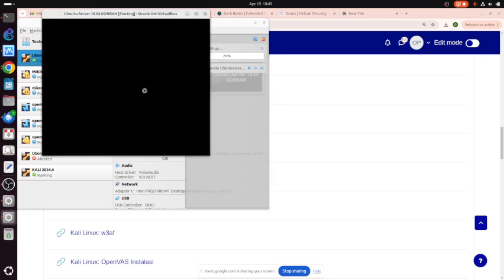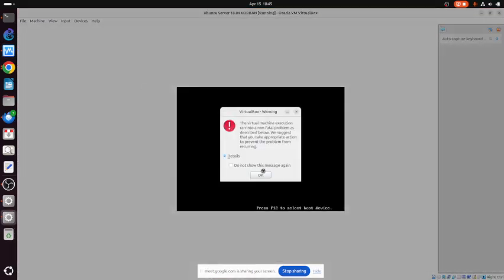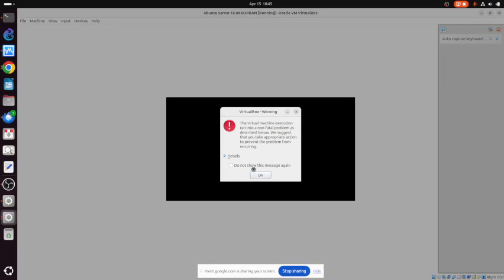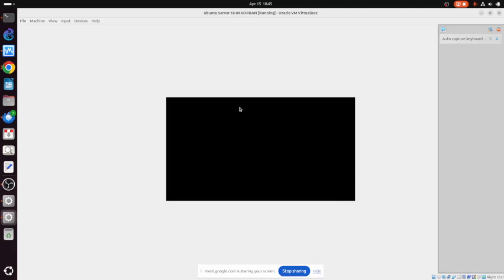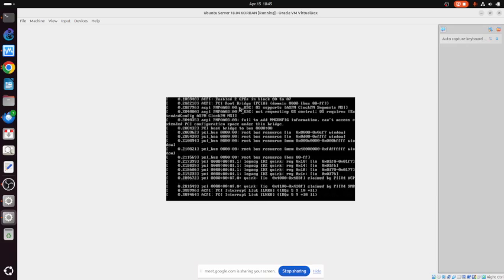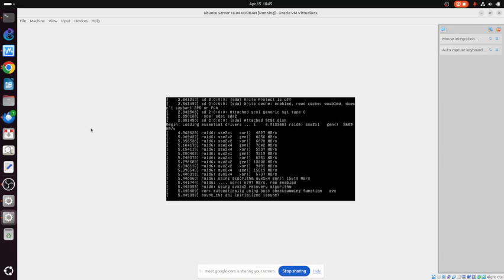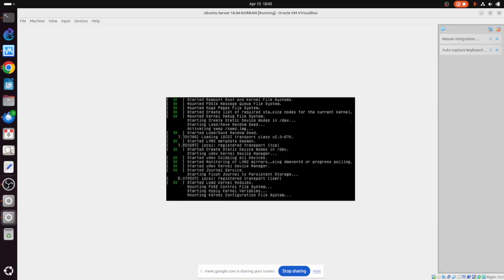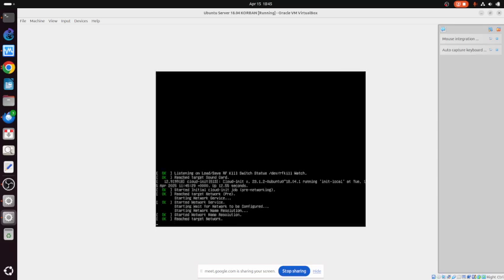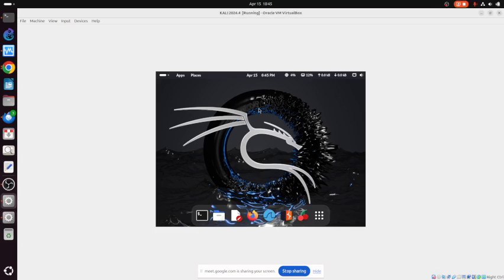Otherwise, I have to do the actual attack too. There is a little bit of problem here because my memory is limited. I hope it's okay. Let me see if I can do these things. So I'm running my server to be attacked. So I will attack from Kali Linux here.